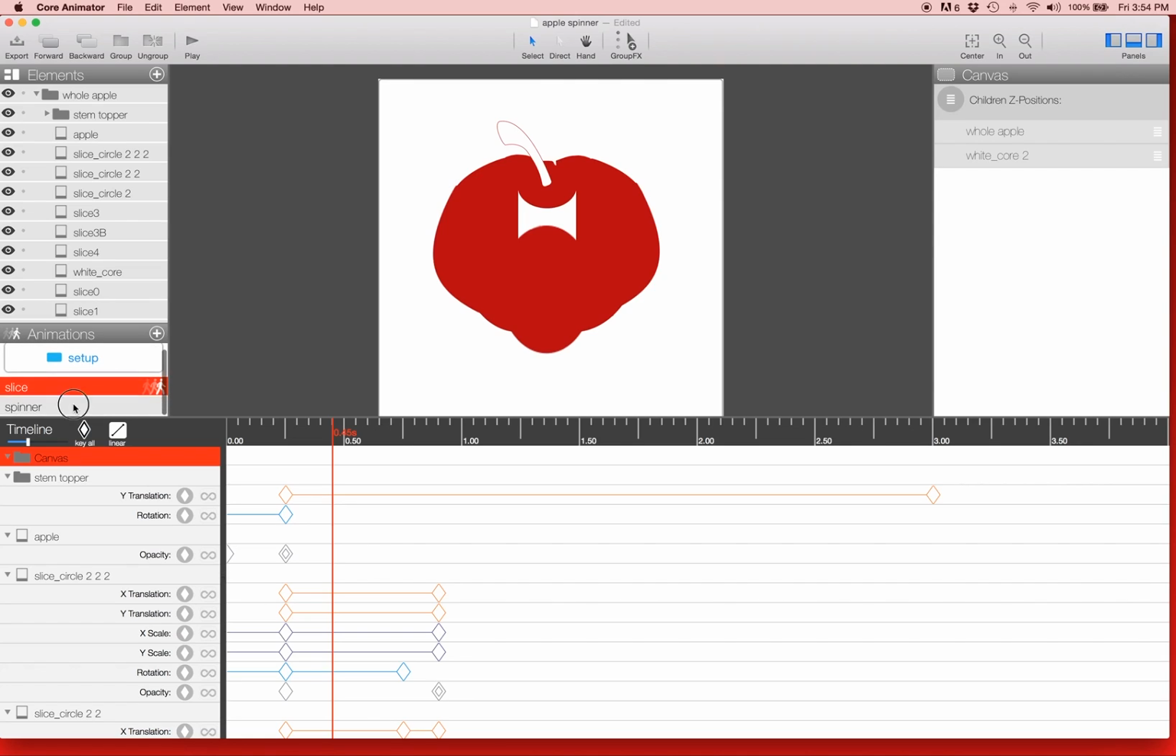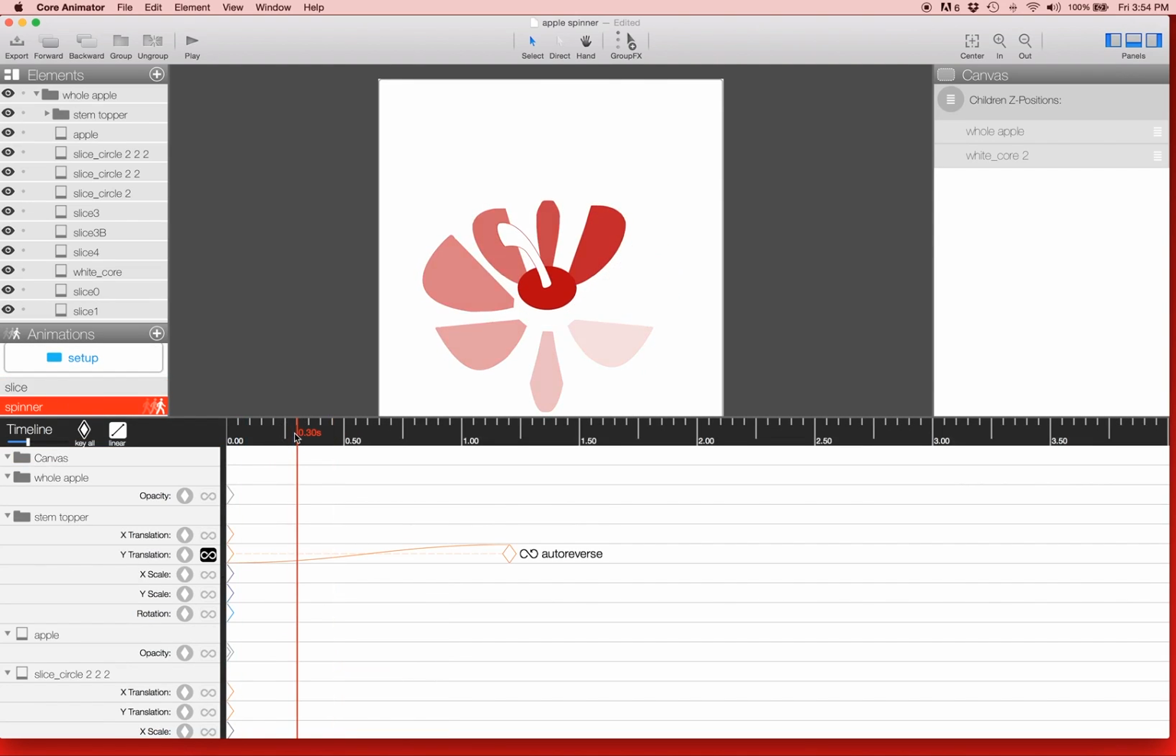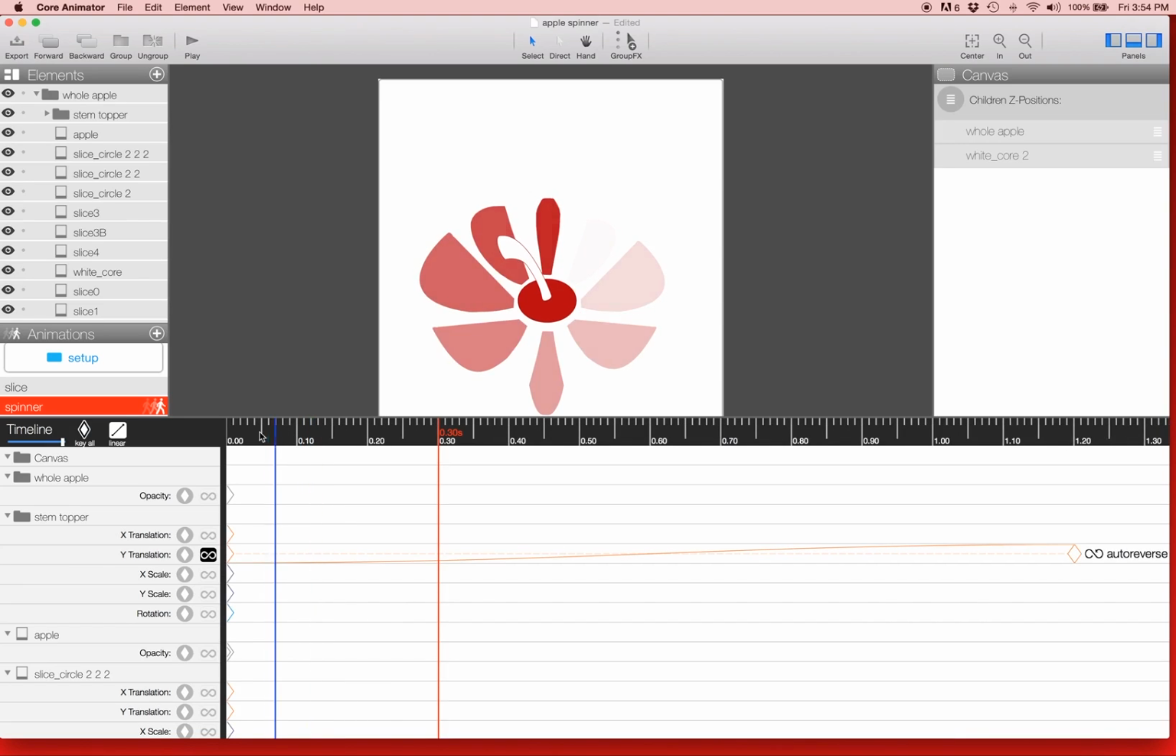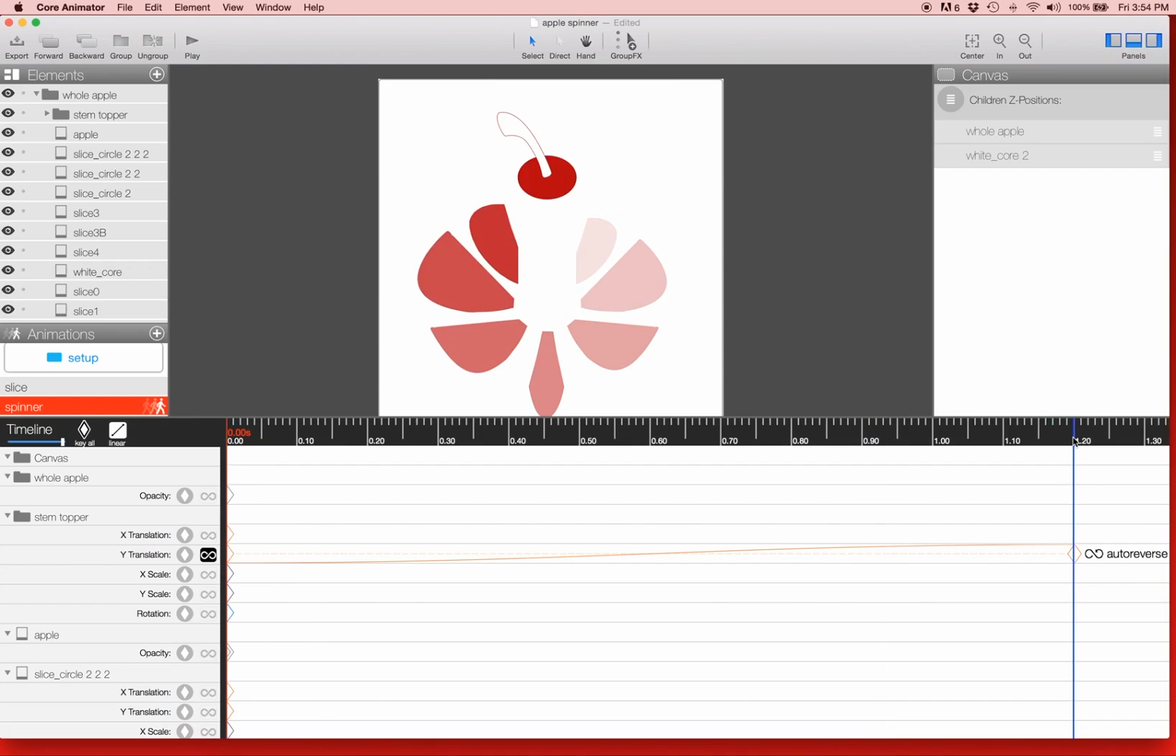So let's take a look at the spinner animation really quickly. Let's zoom into the timeline here to get a better idea of how this was sliced up. So our initial 0 second state is the same as the final state of the slice animation. So what we did was just duplicate the animation and then slide everything over to get our initial state the same. And we set 1.2 seconds as our total time for the spinner to spin around,